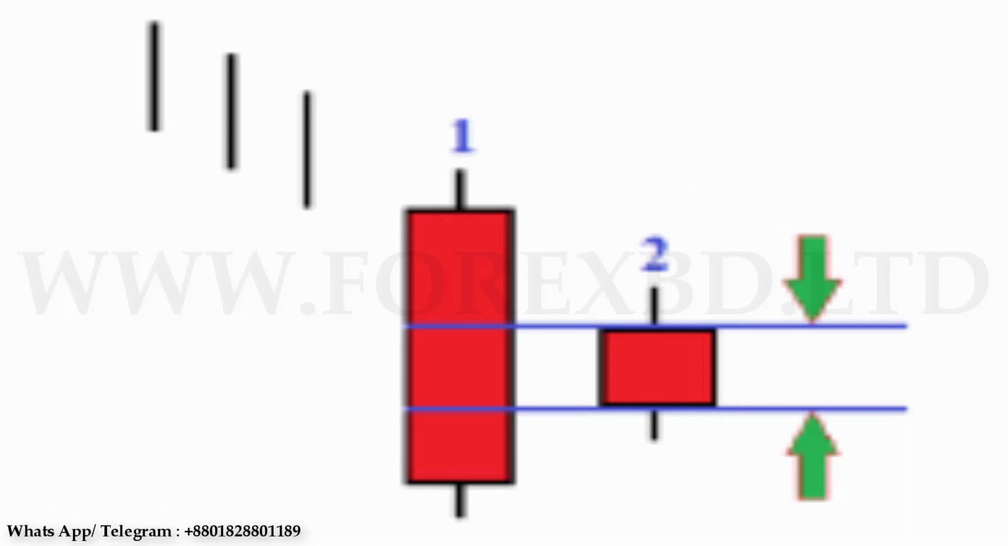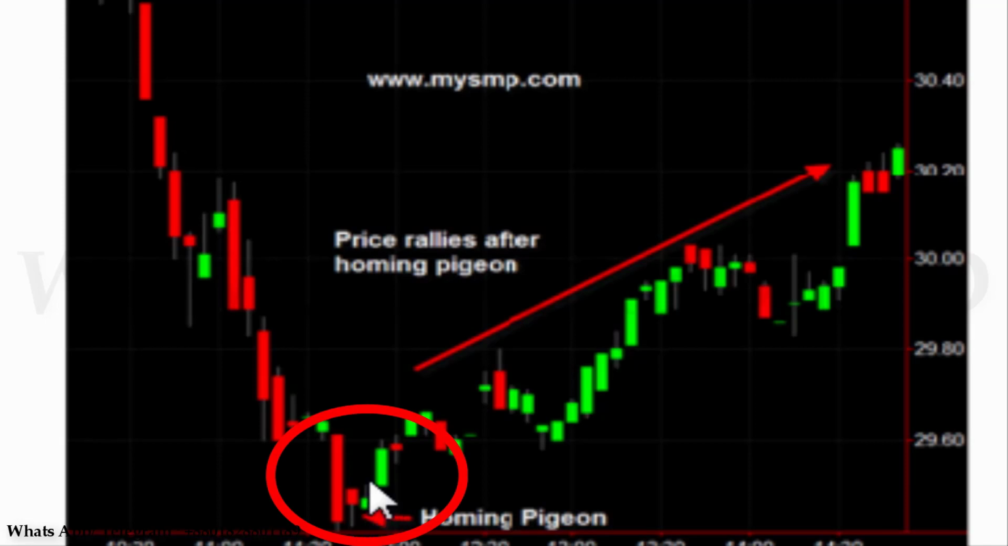Homing pigeon. After a strong bearish candle in a downtrend market, if again there is a bearish candle whose body remains within the range of the previous body, then this combination is called homing pigeon. This pattern provides a bullish reversal signal of the market, but the next candle must be a strong bullish to